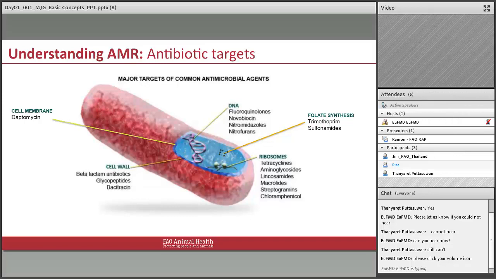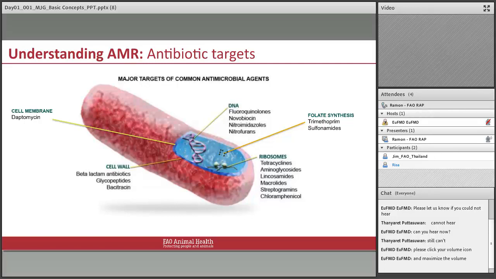Glycopeptides are the same, bacitracin is the same. Some antibiotics attack the protein factory, the ribosomes. You know the roles of the ribosomes. They decode the genetic code and they produce proteins. And what are proteins for? Proteins, as you know, are very important because these are where the enzymes come from, these are where the cellular structure comes from, and anything that interferes with the ribosome, of course, will either arrest or kill them. So these are examples of antibiotics that attack the ribosomes. For example, tetracyclines and aminoglycosides attack the 30S ribosome.